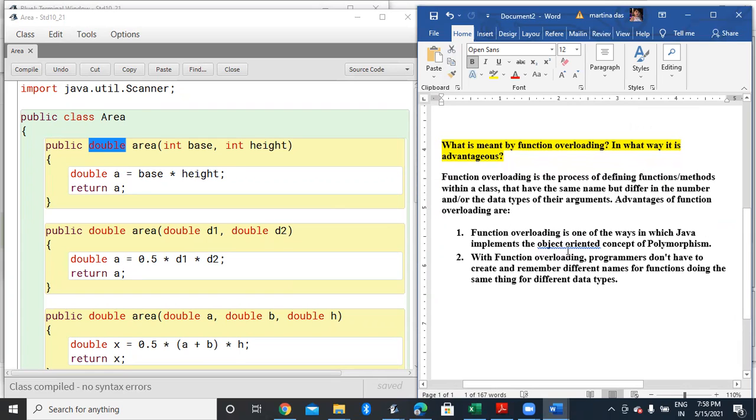Function overloading is one of the ways in which Java implements the object-oriented concept of polymorphism. With function overloading, programmers don't have to create and remember different names for functions doing the same thing for different data types. Since we were finding the area of three shapes, the name area is common for all of them. So we have used function overloading.